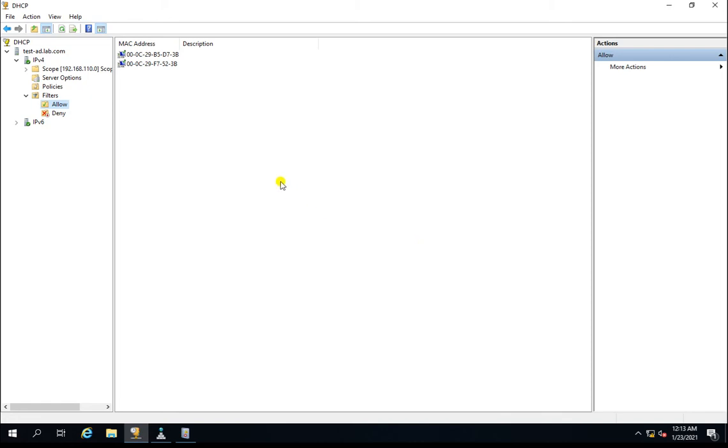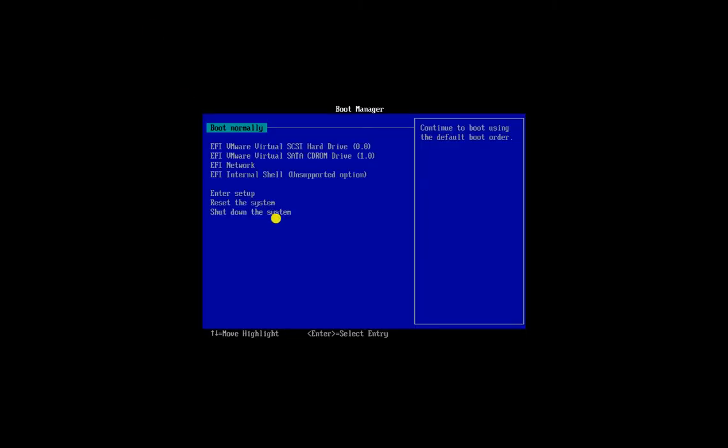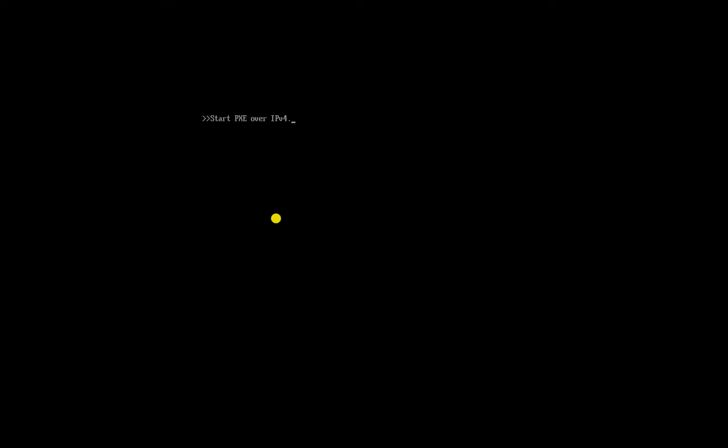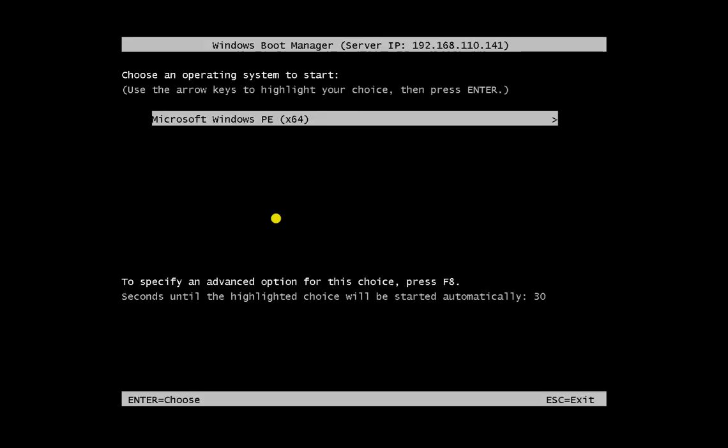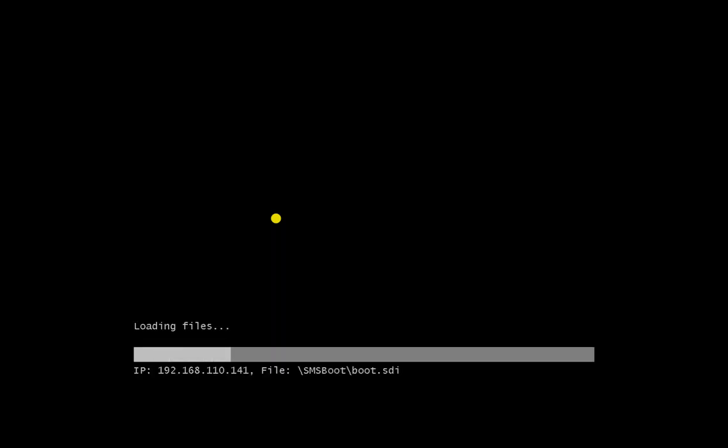But in production, you should have the default allow rule. If you don't have it and you are facing the issue, what you can do is configure and allow that MAC address in your DHCP server. Now let's see whether I'm getting the IP or not. Let me boot with the network and start PXE. Okay, so the station IP address is obtained at 160. Now it's got the IP. Now let me enter it. Now it went to PXE.